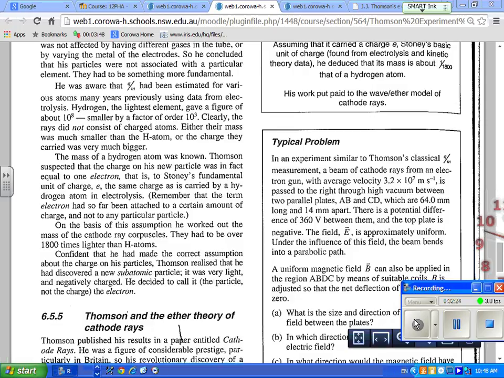Okay. What we do have, though, is that Thomson did come up with a model, because he said, I've got these things, which I agree with the name electrons in the end. They're 1,800 times smaller than an atom, so how do they fit into things? And he came up with the Thomson plum pudding model of the atom, which we'll go and have a quick